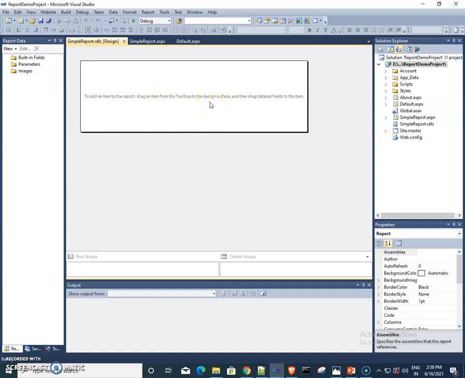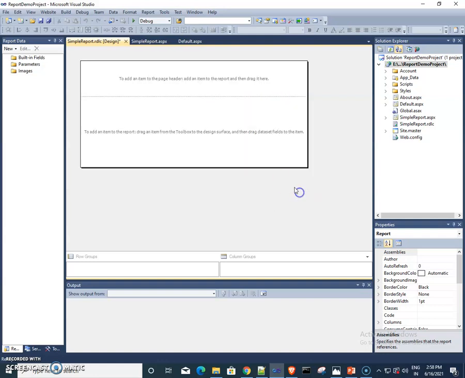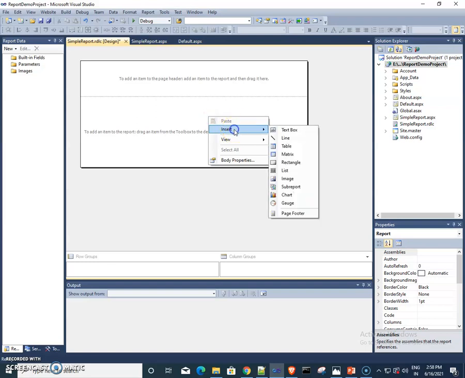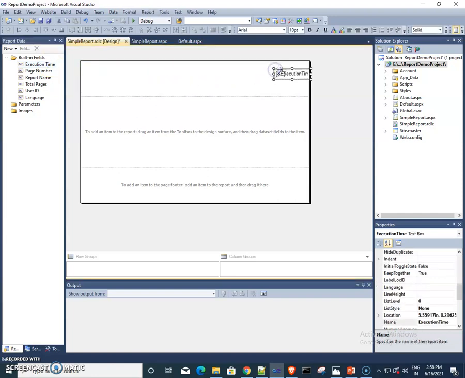So here we need to design the report first. I am inserting a page header: right click, then insert, and add a page footer. Here you can add some built-in fields on the header side, like the time at which we are creating this report, that is the execution time. Here date and time both are displayed on the report.